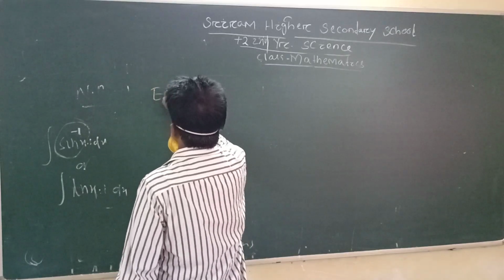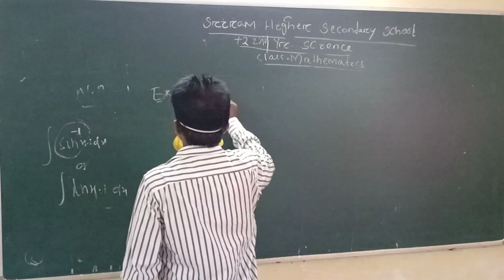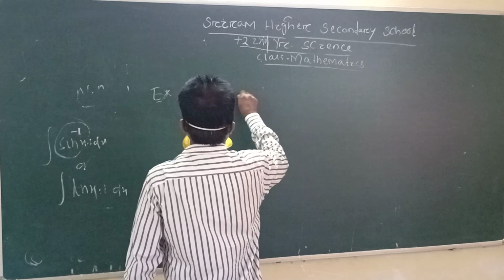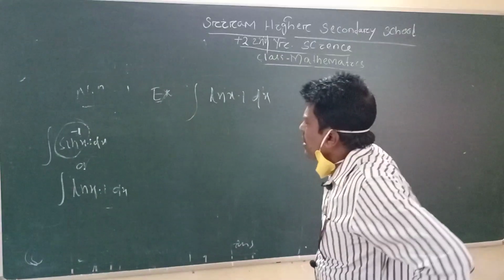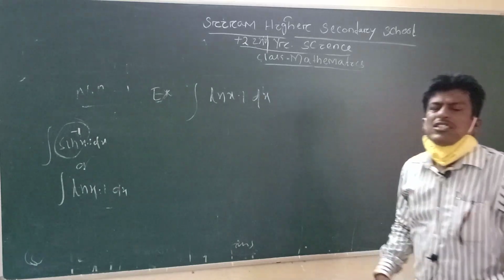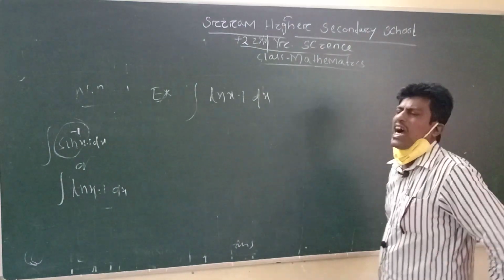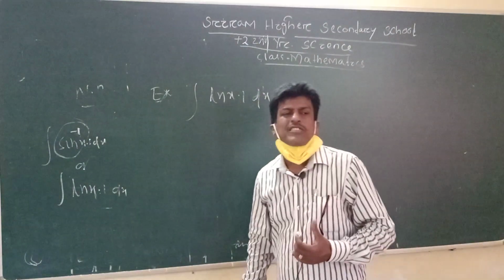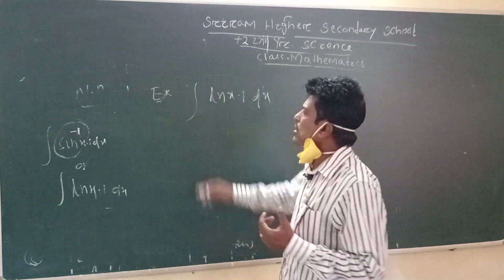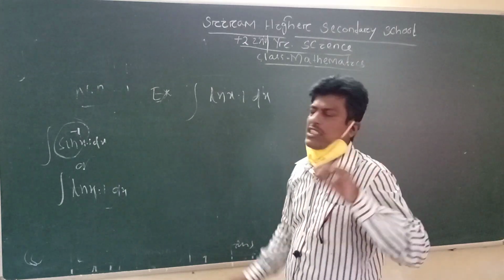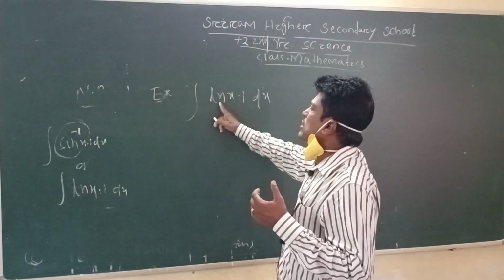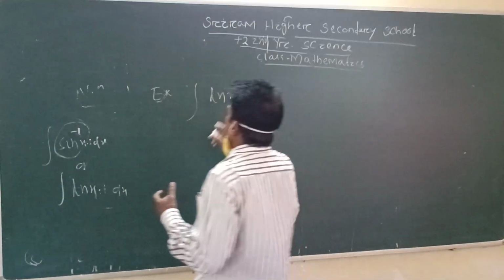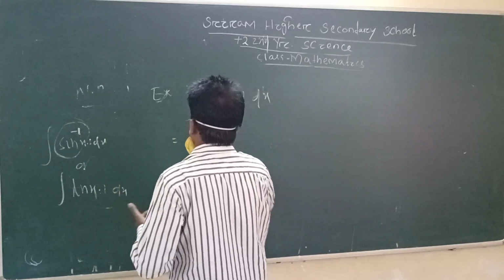Example, integral of ln x, with 1 and x. According to the choice of the first function: I means inverse trigonometric functions, L means logarithm functions. So L comes before 1, which is equal to x to the power 0, an algebraic function. So ln x is the first function, 1 is the second function. So taking ln x as the first function and 1 as the second function.